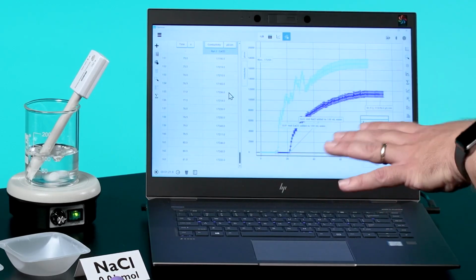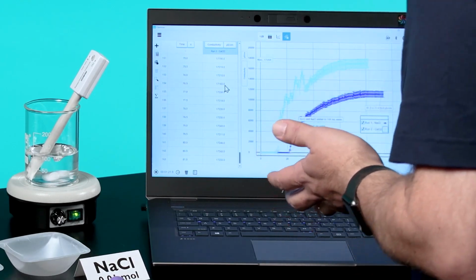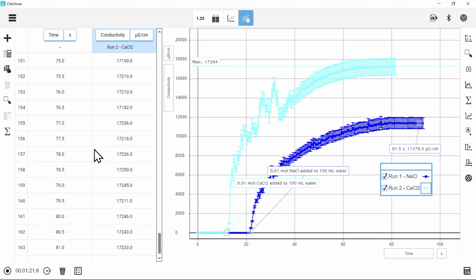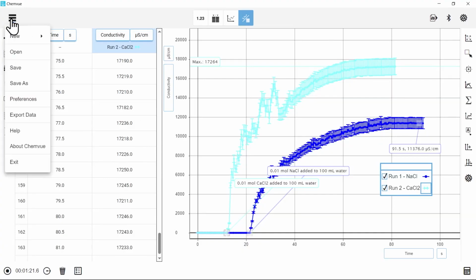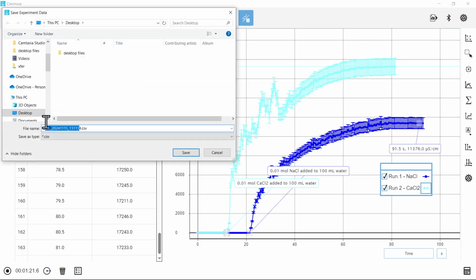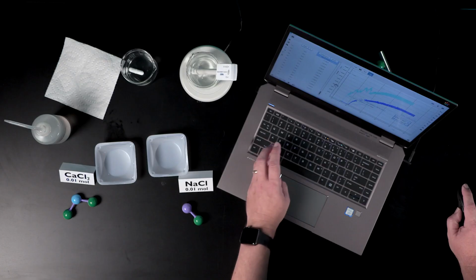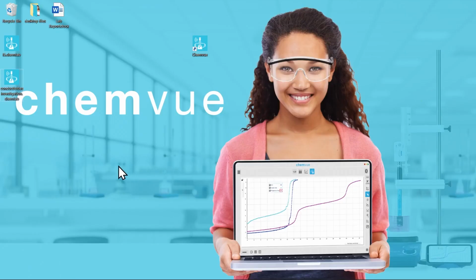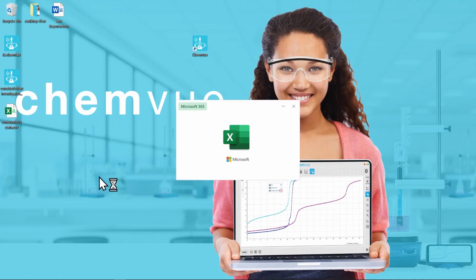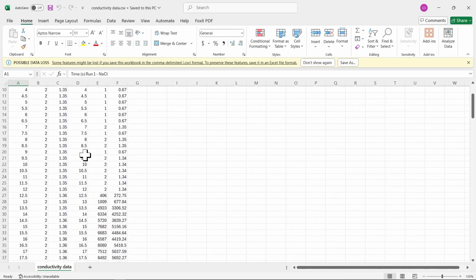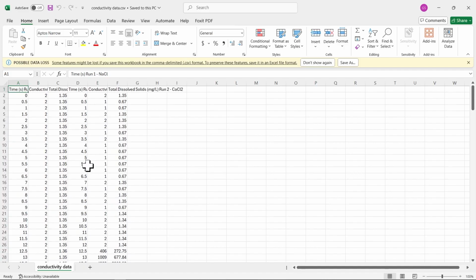If I wanted to bring just my recorded sensor data into another application, I could export that data from Chemvue. Returning to the main menu, I'll select Export Data. This creates a CSV, or comma-separated value file, that can be opened in a spreadsheet or other data analysis application. Keep in mind, though, that this file contains only the collected data, but none of the